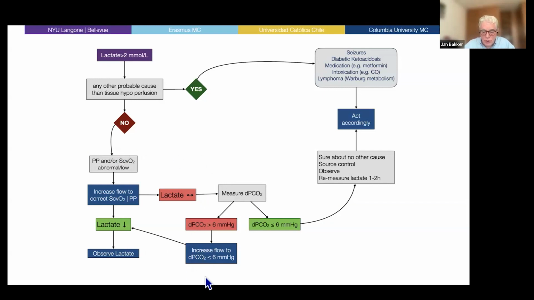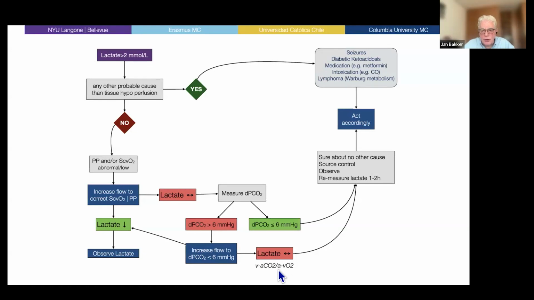So this is very early. And so if your delta PCO2 remains abnormal, you'll have to work harder on your flow. If your lactate still does not change, again, we think about other sources of lactate or problems in clearance. And you also can use the